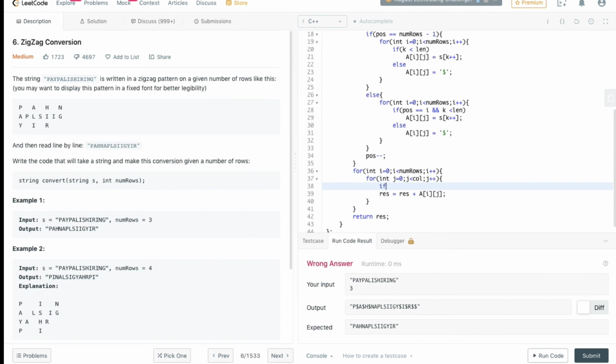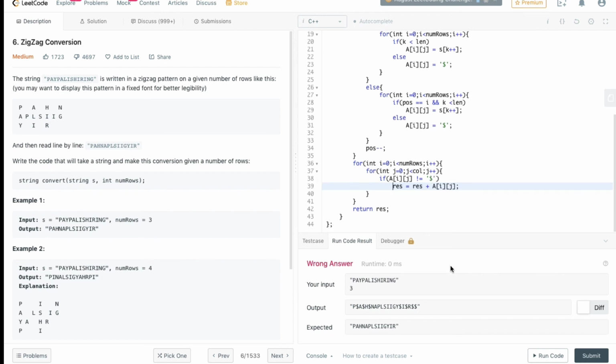So here we can insert an if condition where we check whether the character A of ij is not equal to dollar character. If this condition holds true, then only we add that character to a resultant string.